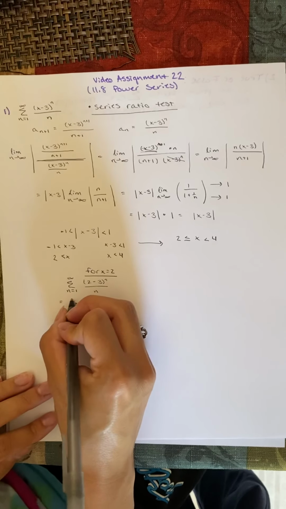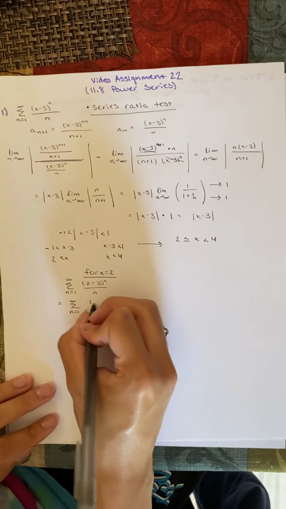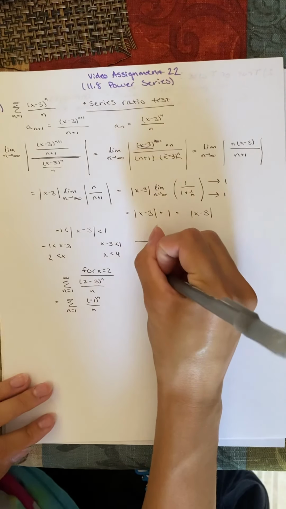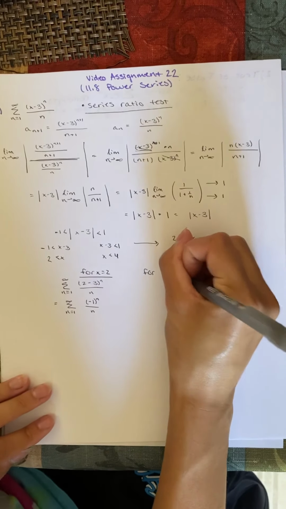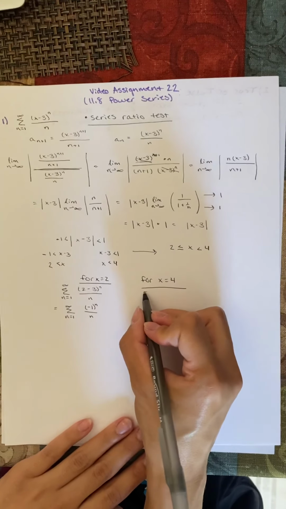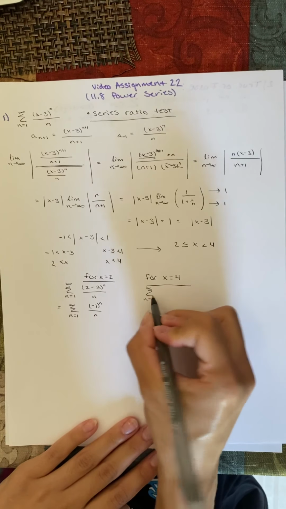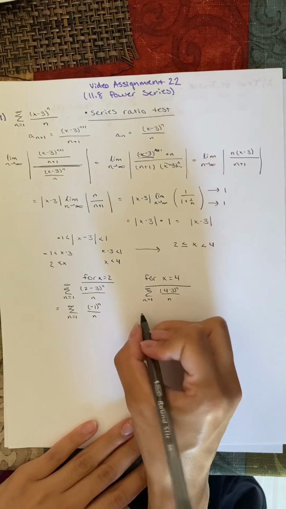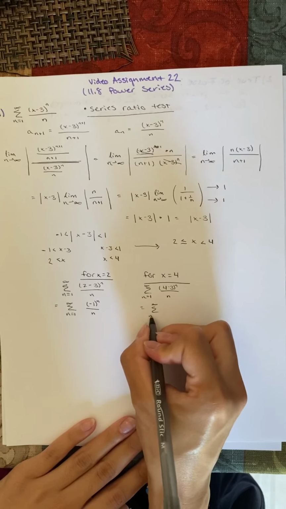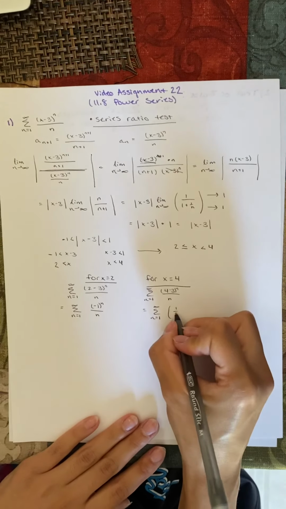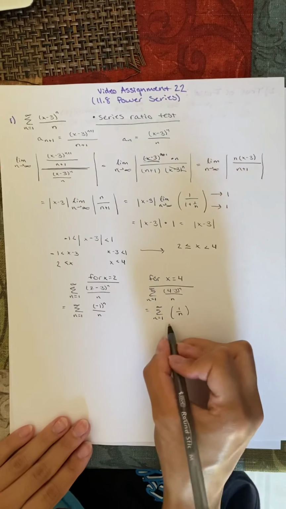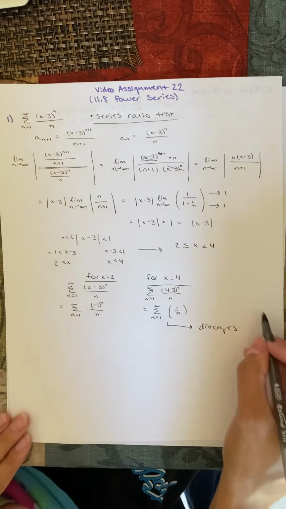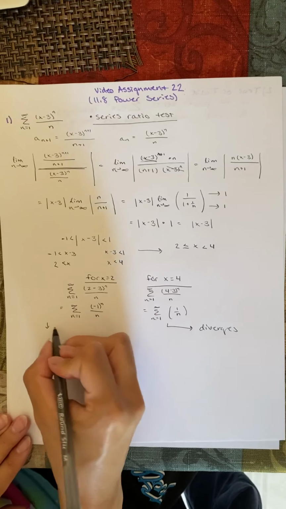And then with some simplification, that's going to bring us to negative 1 to the n all over n. And I'm going to skip over really quick to x equals 4. We're going to do the same thing. We're going to plug that into the original function up on top. And from here we can see that this diverges. And then going back to that x equals 2,